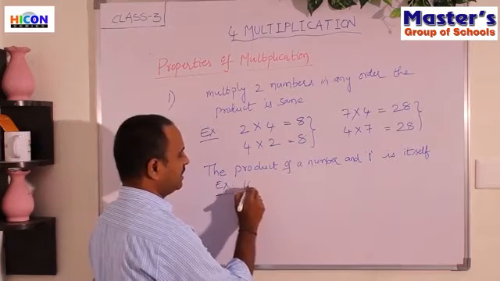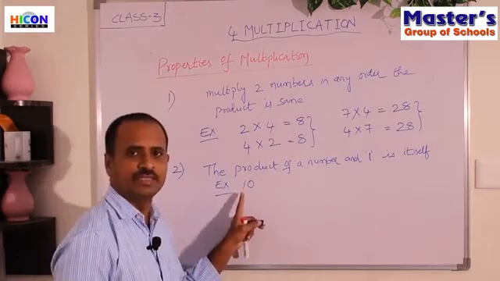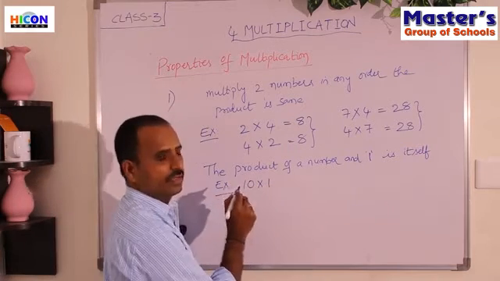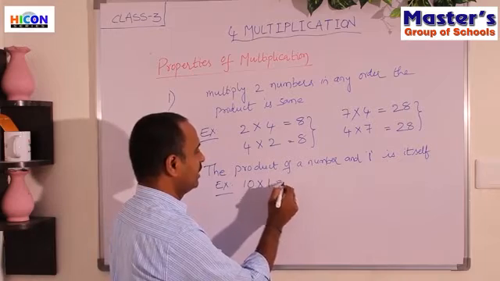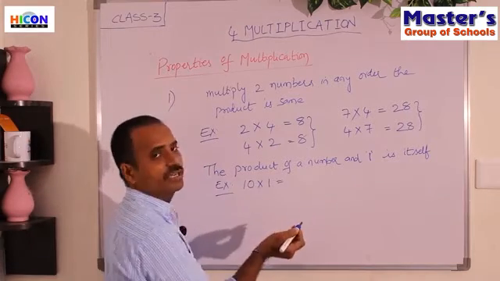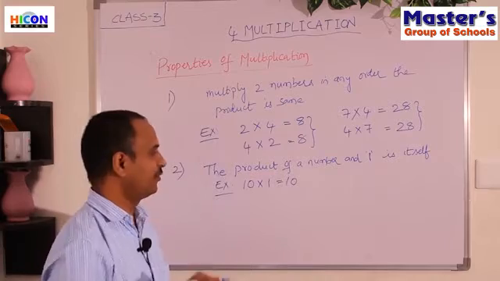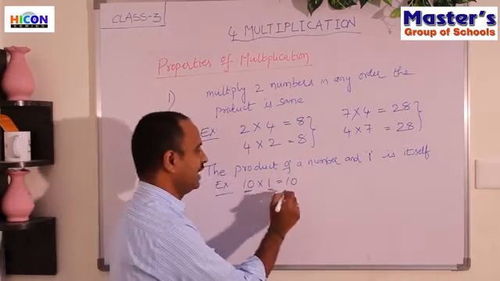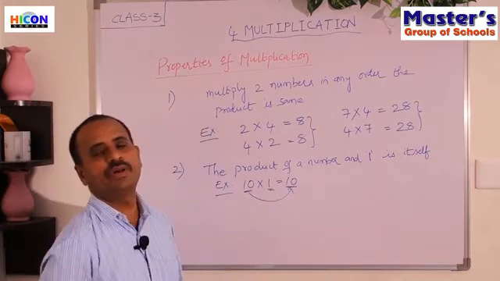I will take 10 as a number. The number is 10. And I will multiply this number 10 with 1. 10 into 1. That means the number is multiplied by 1. So how much will you get? Again you will get 10. 1 10 jar. Children, how much? 10 1 jar again 10. So if you multiply any number with 1, you will get itself. That means again you will get the same number.